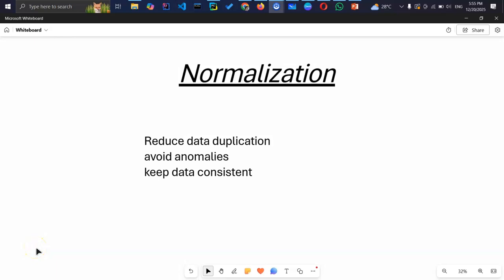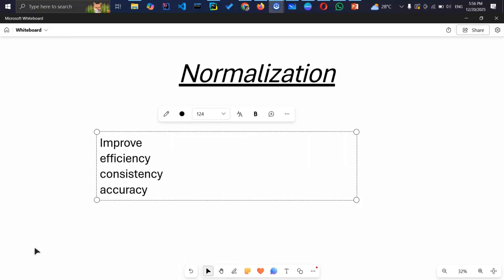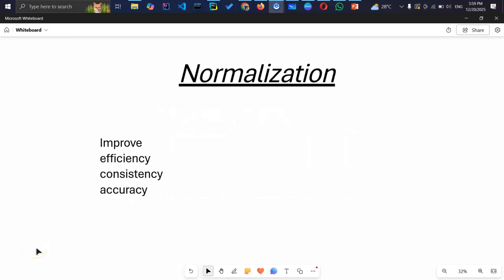Normalization. Normalization is the process of organizing data in tables to reduce data duplication and avoid anomalies. Anomalies mean errors. Keep data consistent. Normalization helps improve the database's efficiency, consistency, and accuracy. It makes it easier to manage and maintain the data and ensures that the database is adaptable to changing business